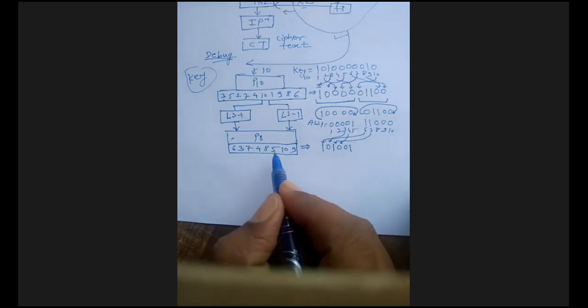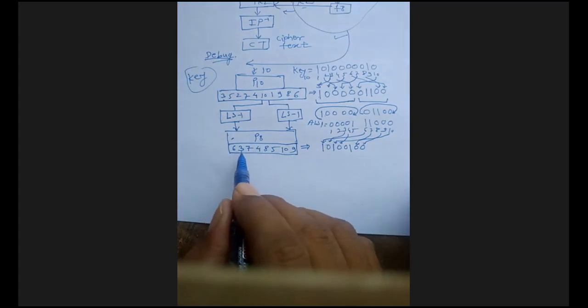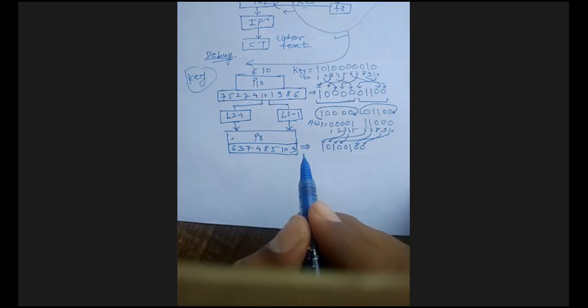Okay, then 4 is 0 again. 4 I can apply like this. Then 8 is what? 0. Okay, then 5 I have to apply over here. 5. Then 10 again is a 0, and then 9 is 0. So this 9 is 0, and then come to this 10. Okay, so see here that the number they have selected is for the 8 only. So these are all 8 numbers, means 1 2 3 4 5 6 7 8. So that's why I have generated this P8.